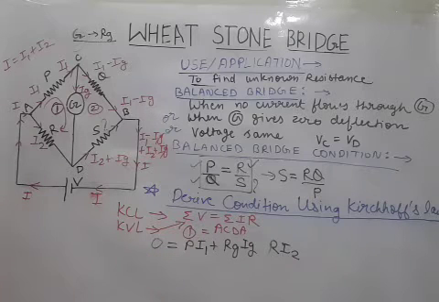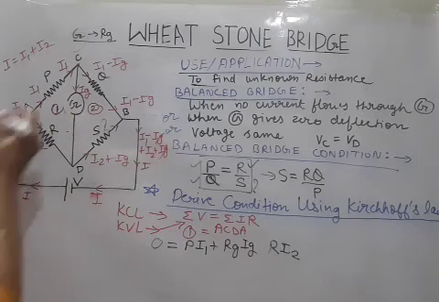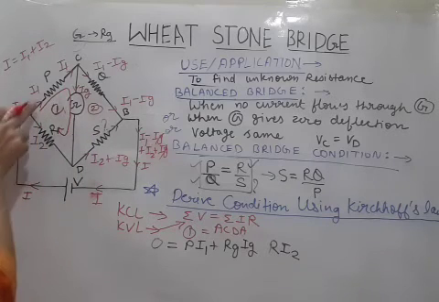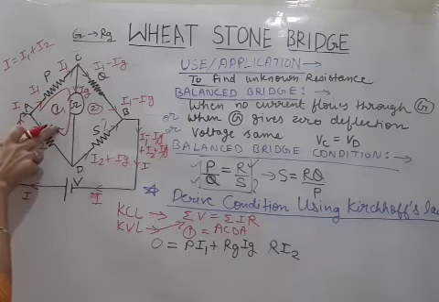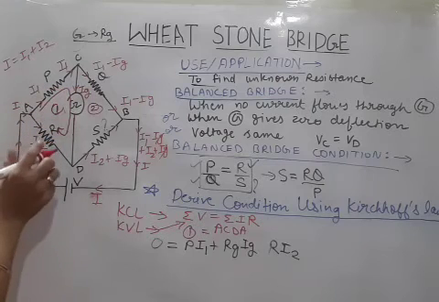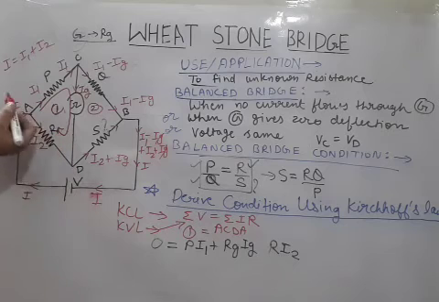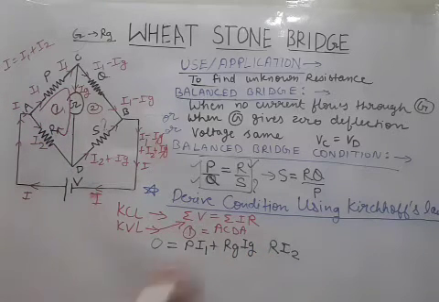But direction we have to check. So you see, this positive direction which we had taken, it was like this. Okay, so you see, I1 was in the same direction. You have to compare what? This red colored direction, it is positive direction. I1 is in the same direction. Ig is in the same direction. I2 is going down, but our positive direction is going up. That's why they are opposite. We will put here minus sign. Okay, this is our KVL equation number 1.